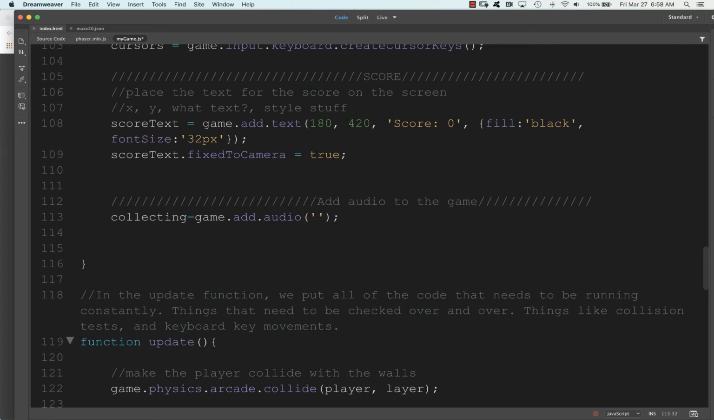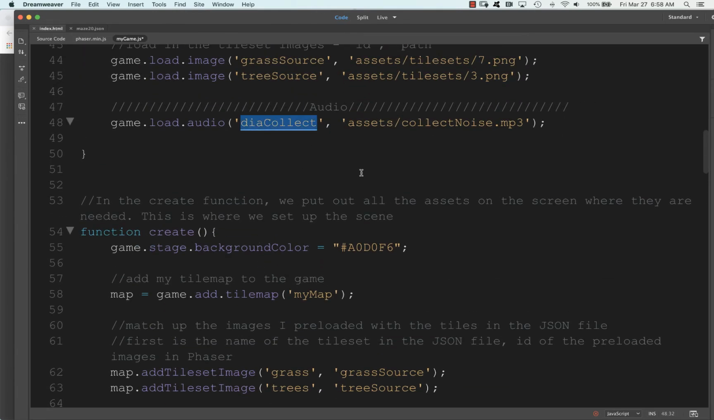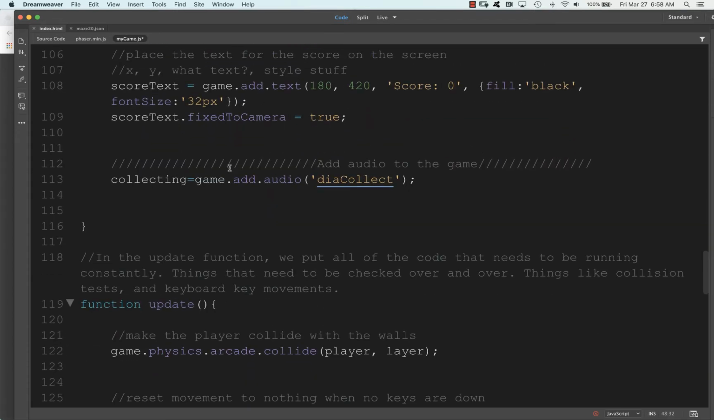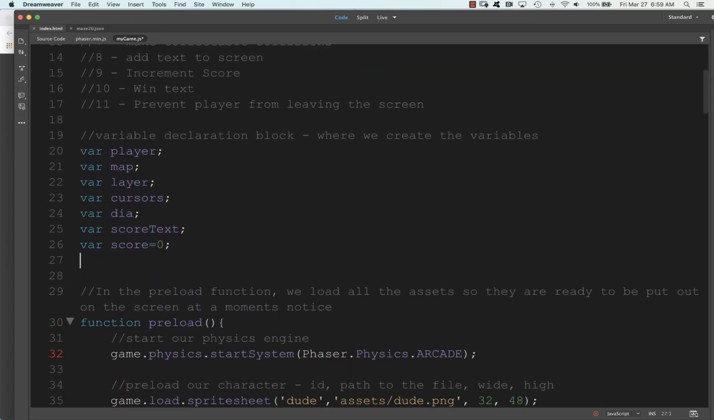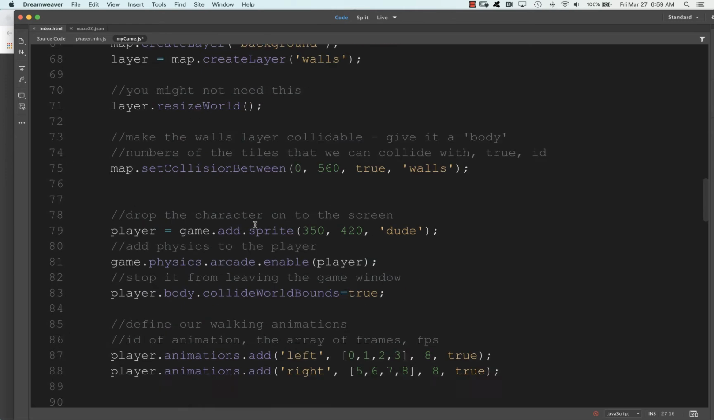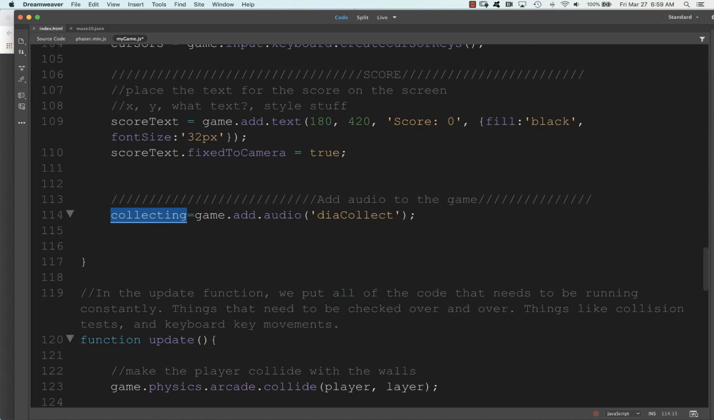And the thing we want to add is dia collect. Now that's the ID that we gave it in the preload. So if I just scroll back up here, right, that's this name here. Okay. Now we've created this new variable because we want to be able to access it everywhere. So again, I need to go up to that variable declaration block and add var collecting. So var collecting. So now we've got the audio basically loaded into this variable, and it's just waiting to be played